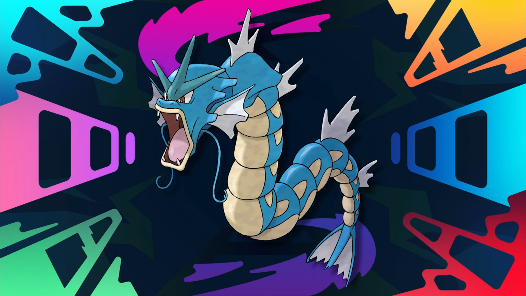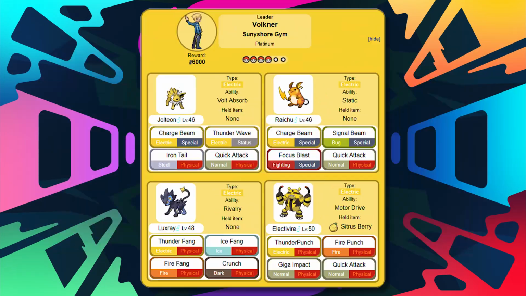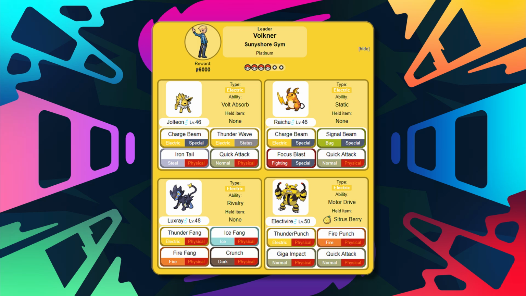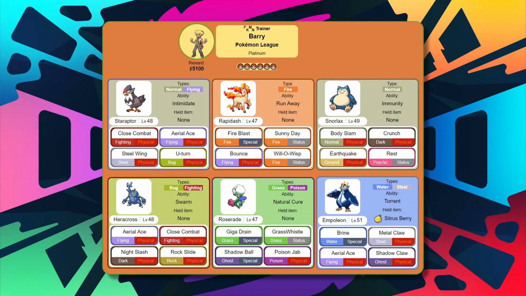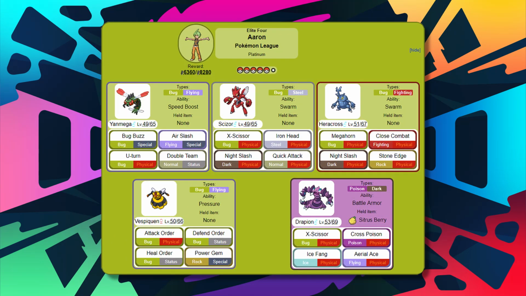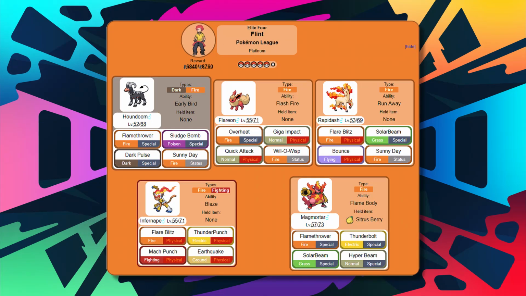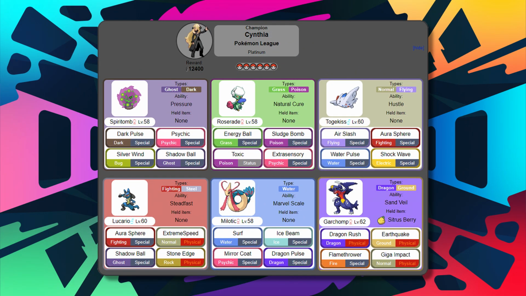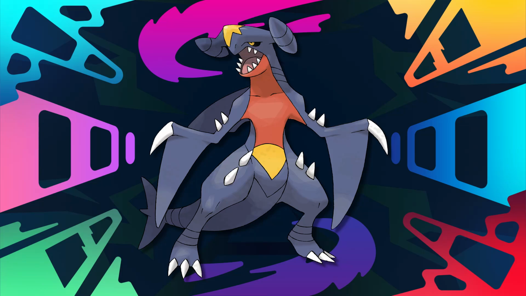So with these moves, Gyarados will be able to do well against Maylene's Lucario, Byron's entire team, Volkner's entire team, but watch out big time, Cyrus's Houndoom, Honchkrow, and Crobat, Barry's Staraptor, Rapidash, Roserade, and Empoleon, Aaron's Vespiquen, Drapion, and Yanmega, Bertha's entire team except for Whiscash, but watch out for rock types, Flint's entire team, and Cynthia's Roserade, Garchomp, Lucario, and Togekiss. Gyarados fits any role that a water type would in these battles,